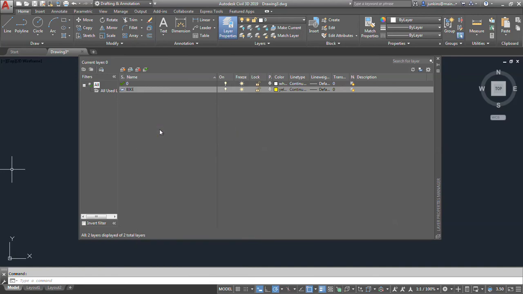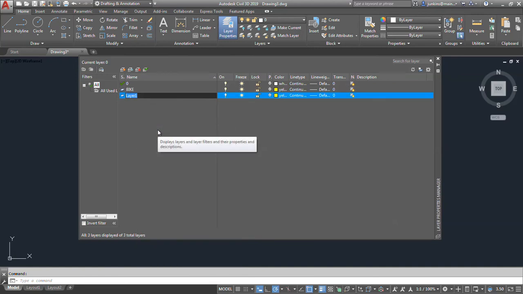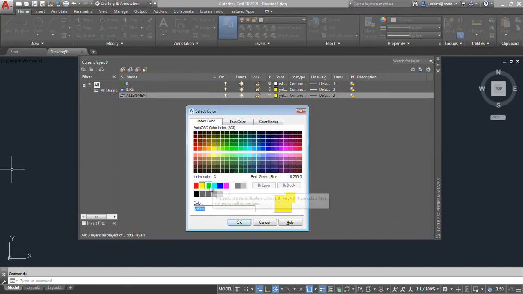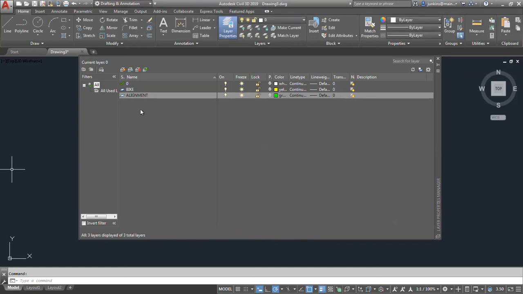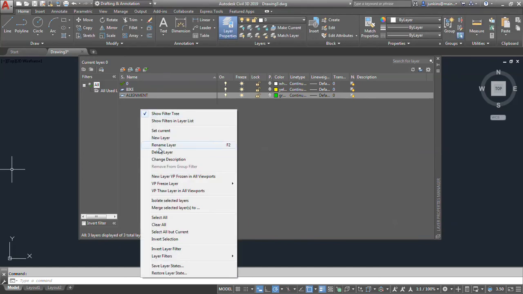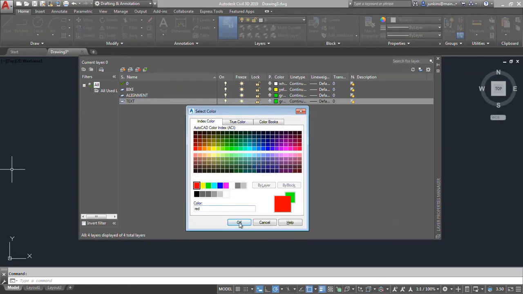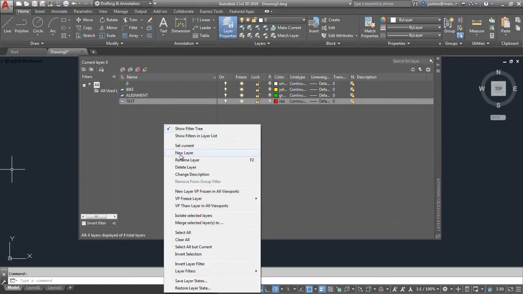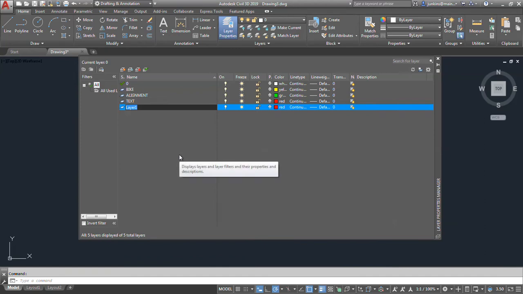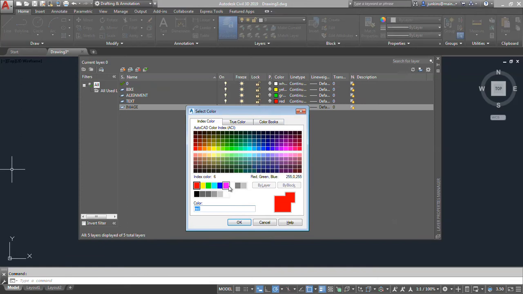Right click and create another new layer. This one will be called alignment. And we'll give that a color of green. And we'll do another new layer. And this one's going to be called text. Oops. And we'll make that red. And lastly, let's create one more layer, and this one's going to be called image. And we'll leave that one as